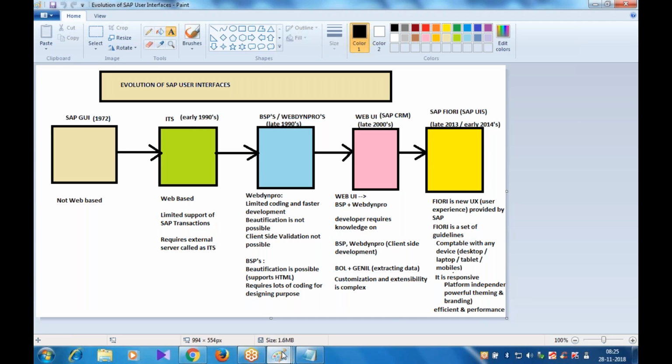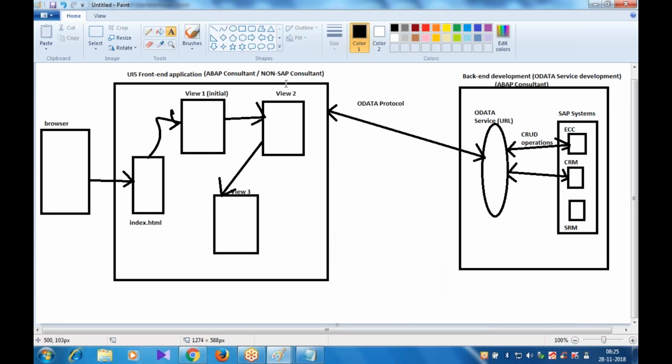Assume like this. Suppose this is my Fiori application. This is nothing but a UI application, but the finished product we call a Fiori application. Assume that in one of my views, I am showing some data in the form of a table. Just like in our module pool we have table control, in UI5 also we have a control called table, which shows the data in the form of rows and columns. So if I run that Fiori application in my